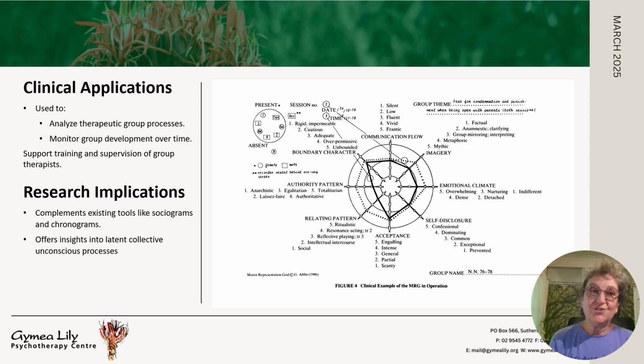Because often people need to write that last paper to qualify, and they're often very lost as to how to analyze a year or two of groups. And I just thought if I could offer this grid as a way to organize material and to get your head around things,